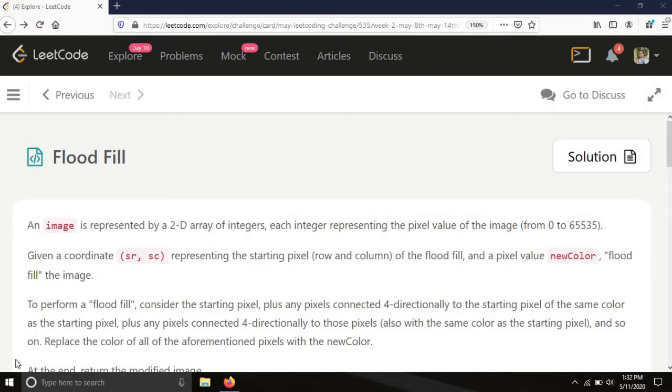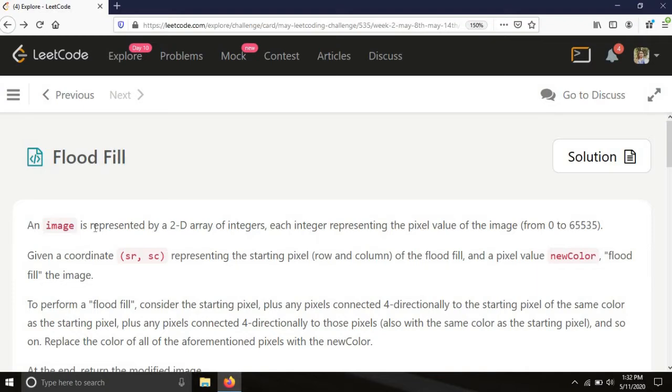May challenge, which is Flood Fill. So in today's video we will firstly try to understand what the problem statement is. After that we will move towards our approach to solve this problem, and once we understand the approach, we will code and solve this problem. So firstly, the problem statement name is Flood Fill.